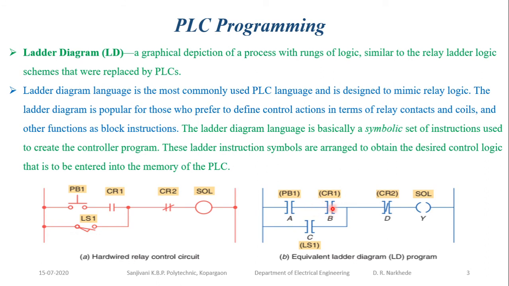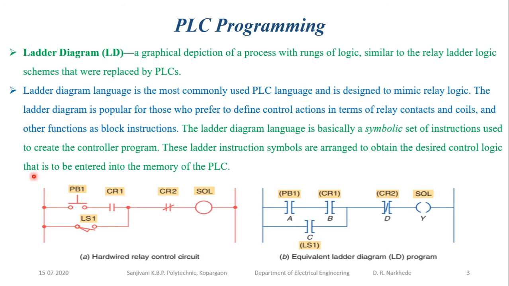This is the control relay contact. This is my limit switch. The limit switch can be used if you want to operate the machine by its own mechanical movement without any human intervention. When the machine is moving to a certain location, at the final position where you want to stop it, we place a limit switch. When the part moves, the limit switch contact is pressed, and that causes disconnection or connection of the circuit, and your device may be energized or de-energized.